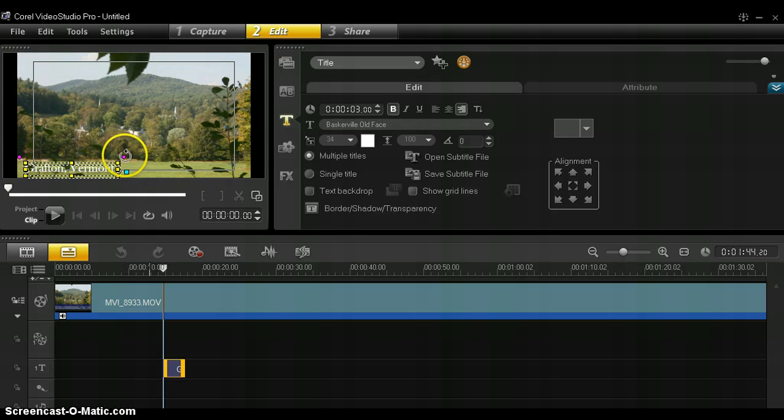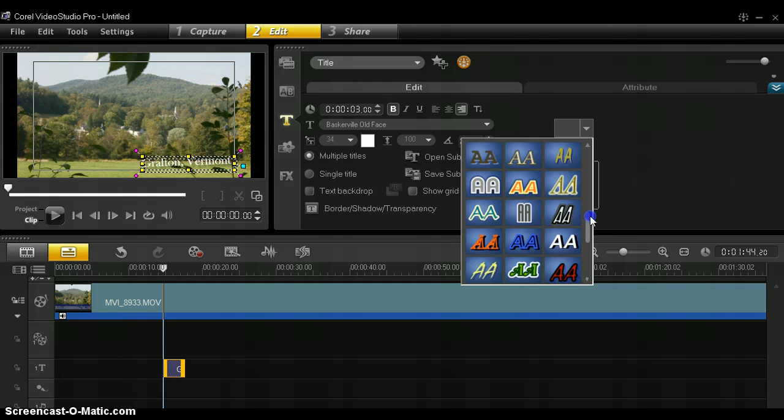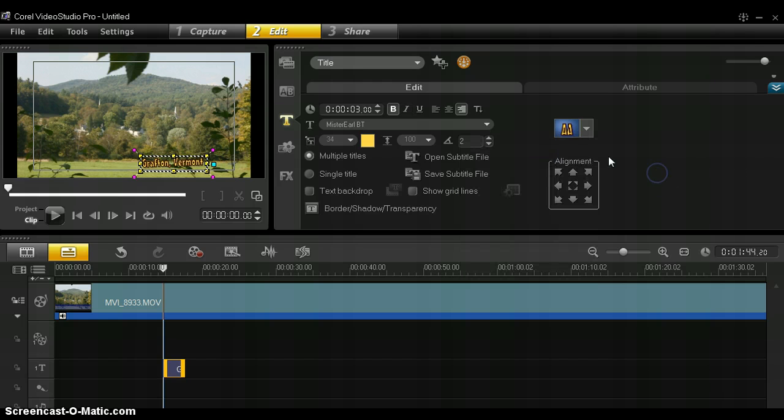This little pink guy right here, the little circle, that gives you the option to tilt it. You can align over here. That'll bring it to the middle left, bottom left, right in the center, bottom right, any of those. This is all pre-formatted text right here. It'll look exactly like what you've got here. Nice Halloween flavor there. So there's tons of stuff you can do in here, so just have fun with it